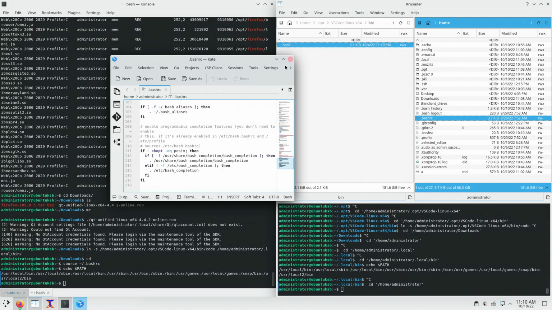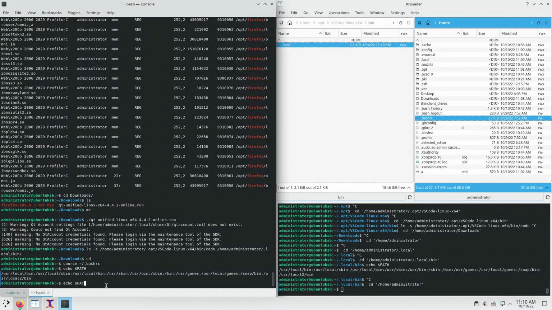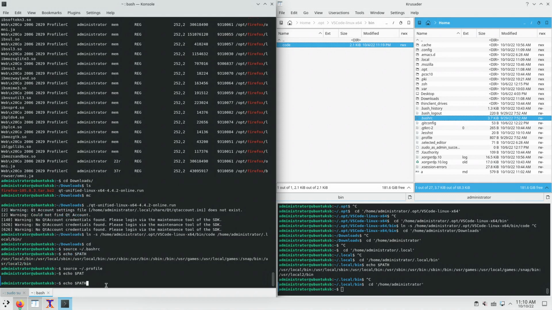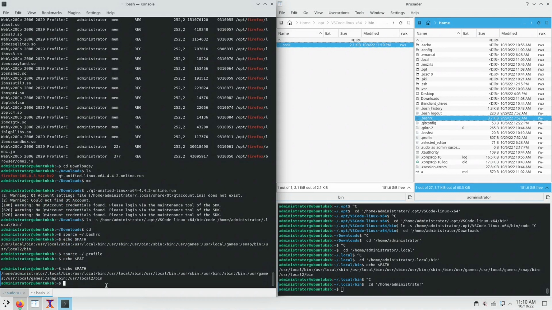Not the bashrc, the profile. Okay, so the very first directory is my home directory, so tilde slash .local slash bin. Okay, let's